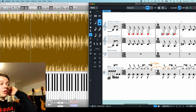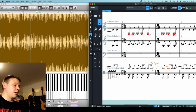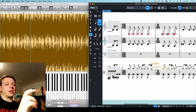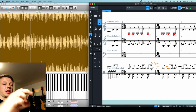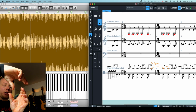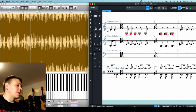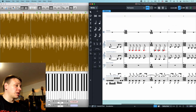But the way they do it, it means that the downbeat, or when the cymbal hits, is on the 3rd 16th note of each of these dotted 8th notes, if that makes sense. So it's the same period, same cardinality, so the same length as 2 of the guitar attacks, but they're offset from each other by one 16th note. So this cymbal is always hitting a 16th note before the other guitar attacks when it's doing this